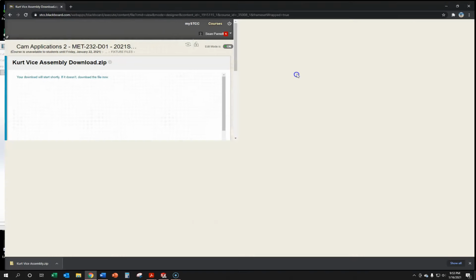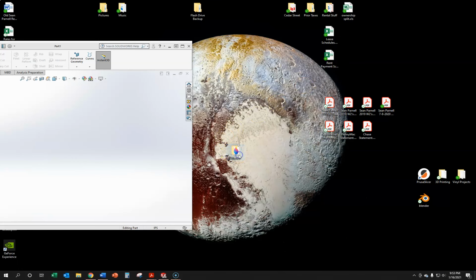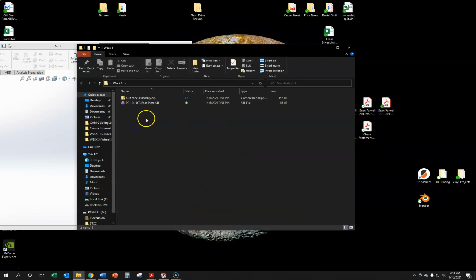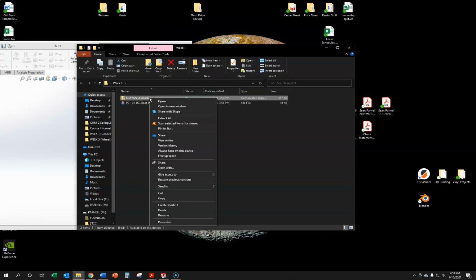Okay. Now you'll notice that this is a zip file, which means it's compressed, and there's actually more than one piece inside of here. So if you have never dealt with a zip file before, it's really easy in Windows-based systems. All you need to do is left click on it to select it, right click on the folder. You're going to go to extract all,